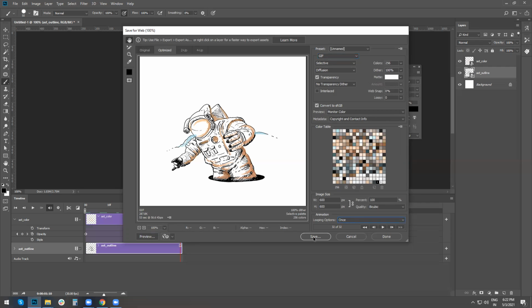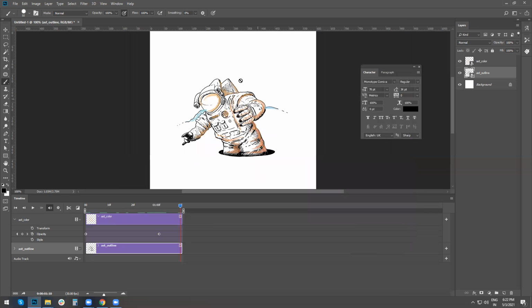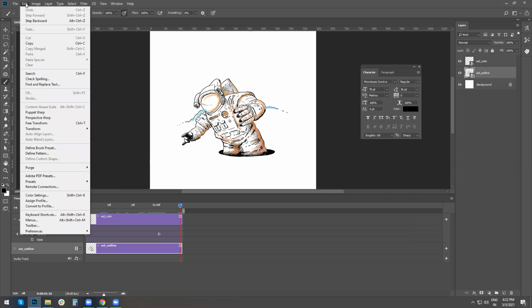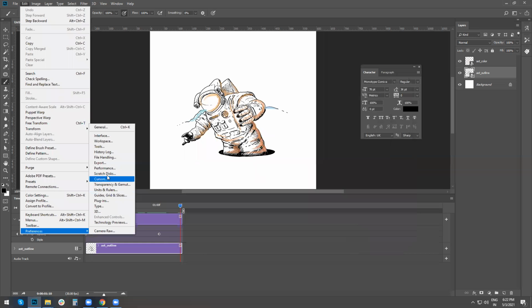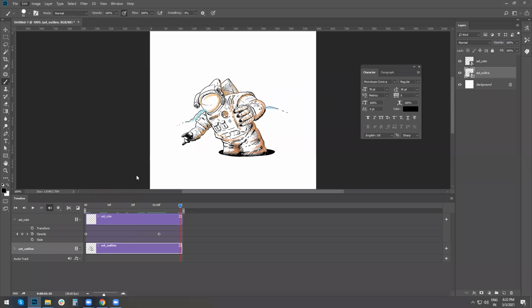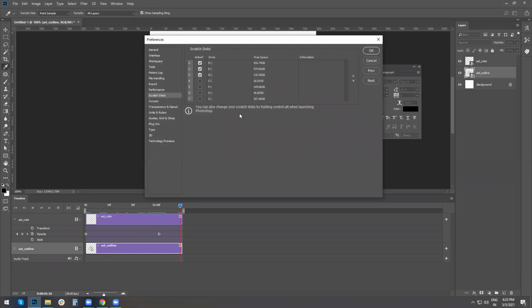Now, while saving it, depending on your system configuration, there can be some issues you might face. It may show that memory is full, or it may go blank, and you might have to restart Photoshop. So the best approach is, before saving this, you save the file, and also check in preferences, you go to scratch disks, and see that only the C drive is not selected.